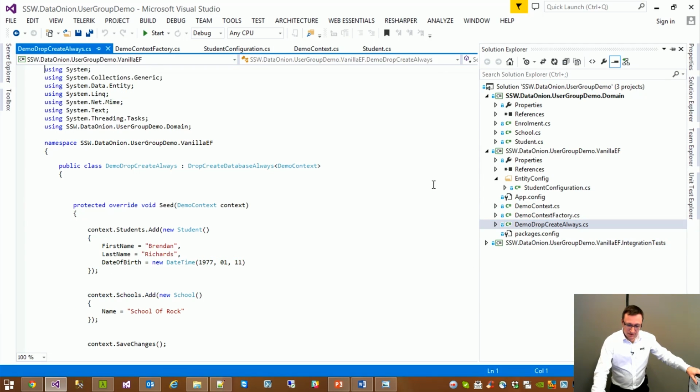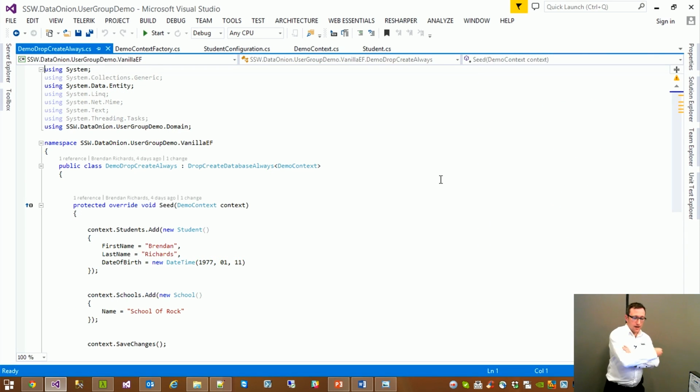Now there's a couple of initializers you can use. In this one, because I'm doing some tests, and I'm going to actually run some integration tests in a minute, I'm doing a configuration initializer called drop create database always. Now in real life, you're not going to make any friends if you turn this on. Because what it does is every time you ask Entity Framework to start up, it'll wipe your database and give